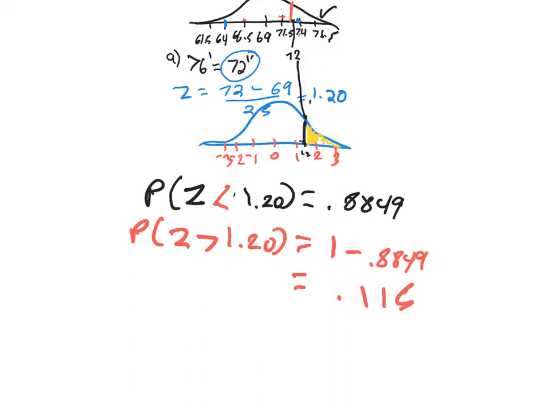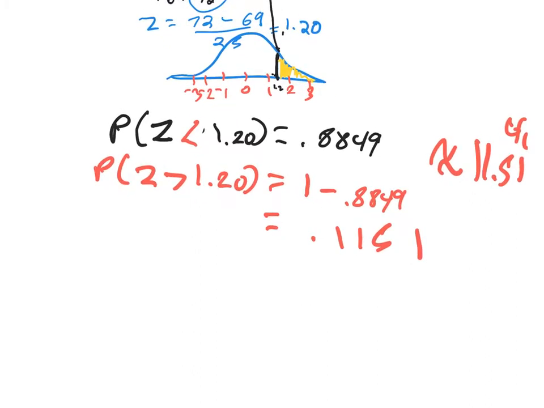115, and for kicks, I'll put the extra. Was there another 0? A 1? A 151? Yes. All right. So that's approximately 11.51%, right? Now, another way I could write this out, I want you to realize that this is in terms